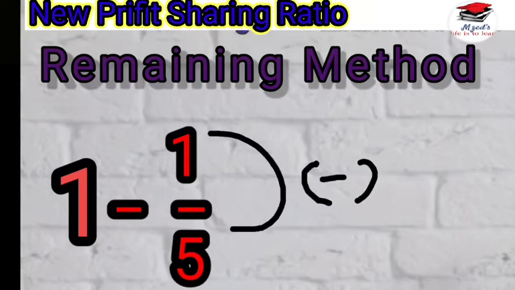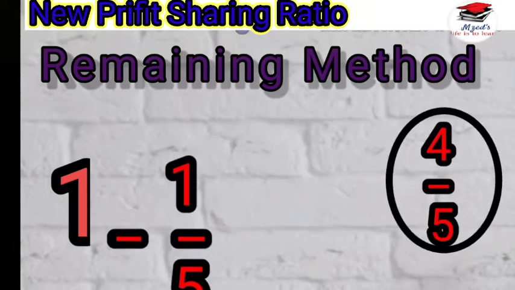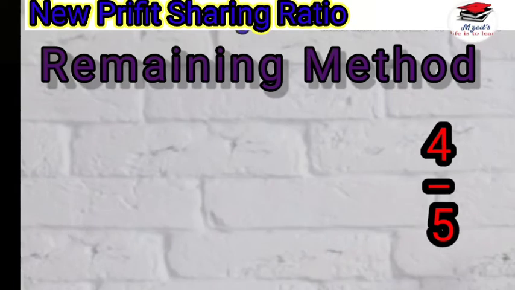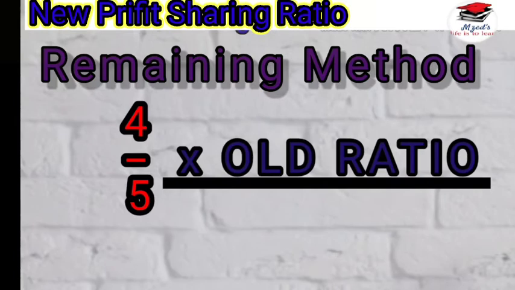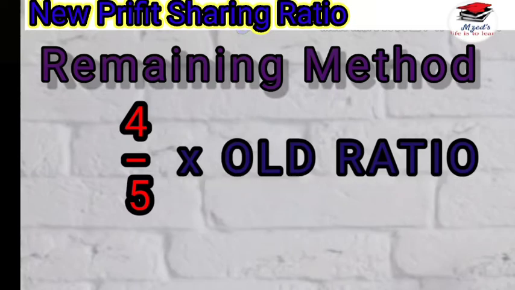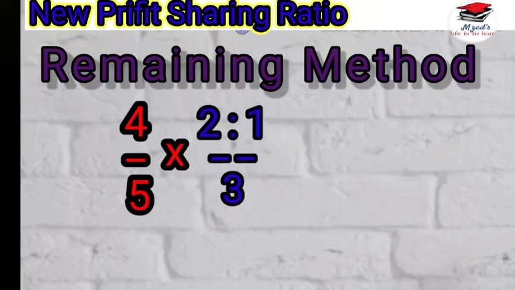If we deduct 1/5 from 1, that will be 4/5, that is the remaining ratio. With the help of this remaining ratio we will find out the new profit sharing ratio by multiplying it with the old ratio of old partners. Suppose the old partners have their old ratio as 2:1, then we will get the new ratio of old partners as